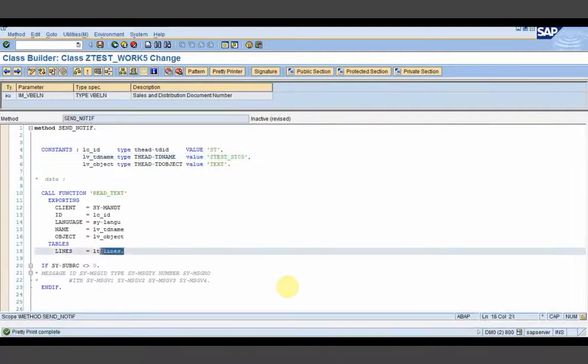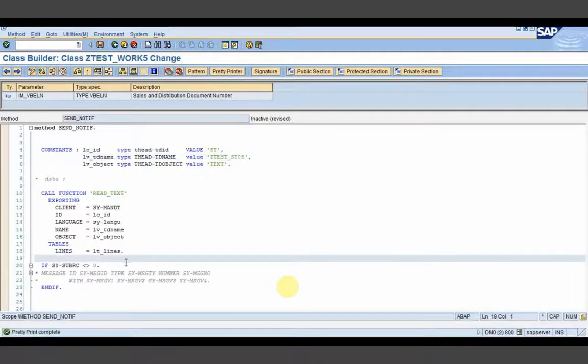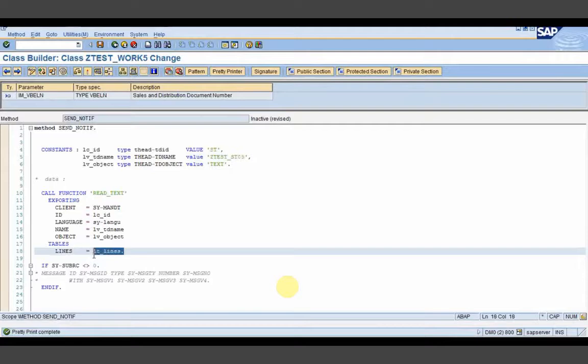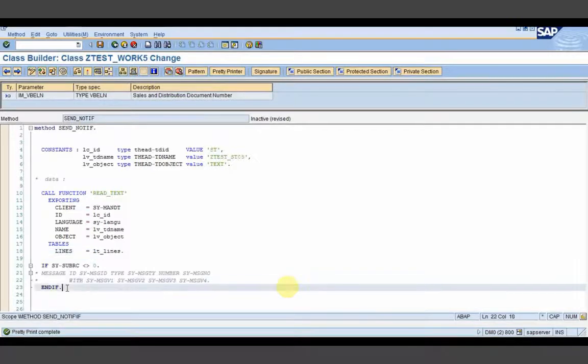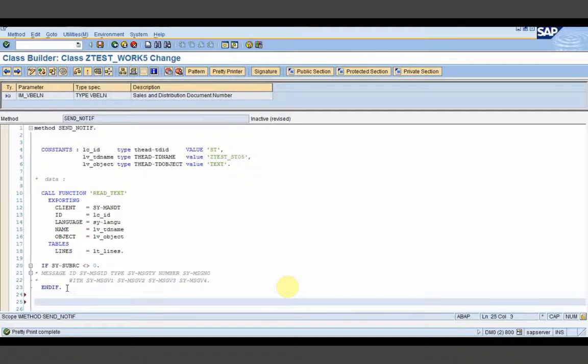Now in this LT lines I would have the lines which I have written in that standard text. Now what I will do here, I will read these lines, and in this particular lines I will be setting some dynamic value.